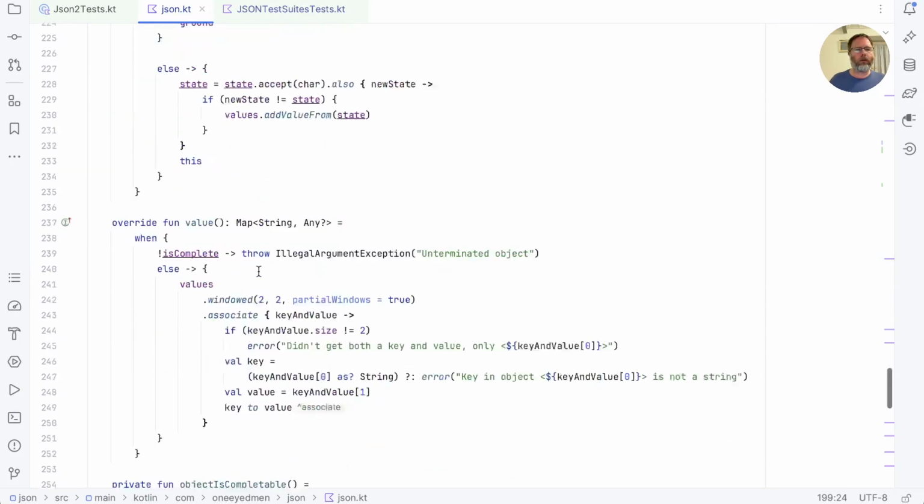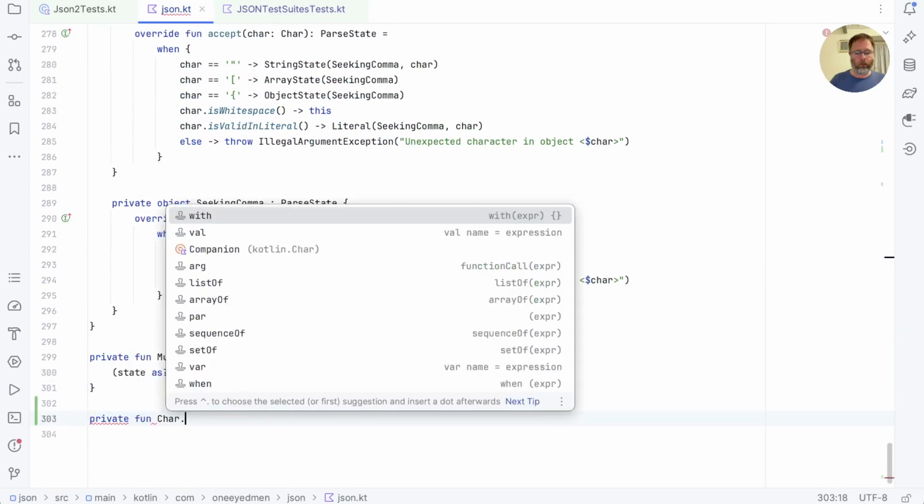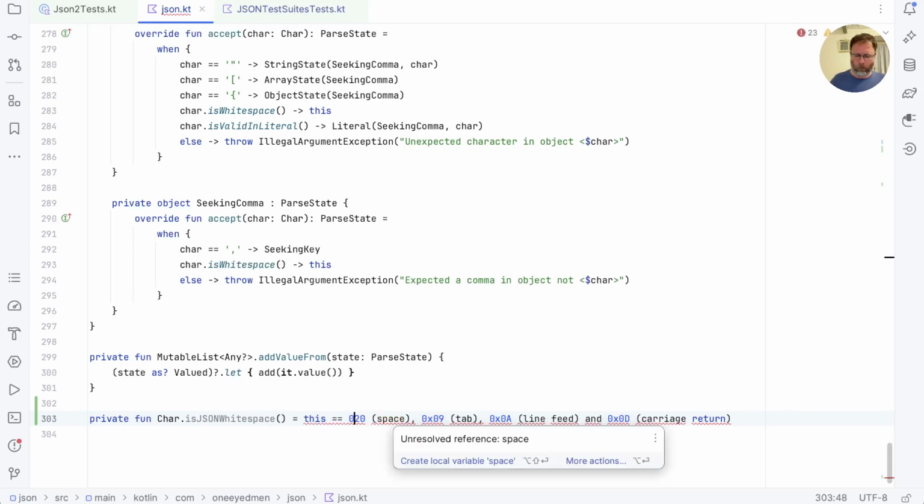So let's go down to the bottom of the file. We'll write private fun charIsJsonWhitespace, and that is going to be this equals. And maybe the easiest thing to do is make the Unicode escape. So we'll say